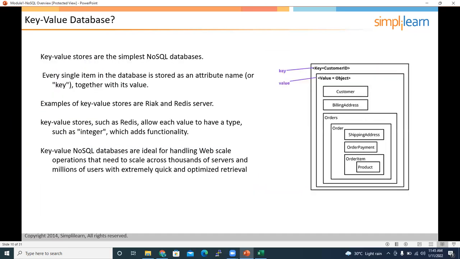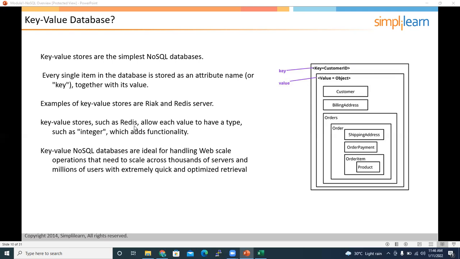See, the customer ID is the key and the object is the value. So it stores all the data as a key and a value. And mostly Redis